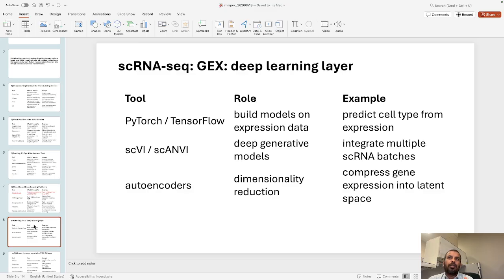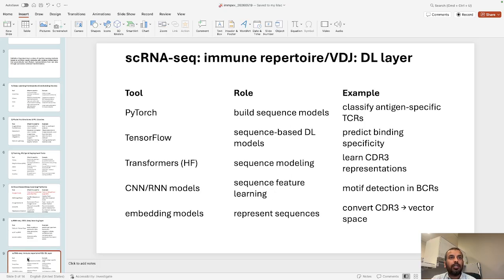For example, you have 1 million cells and you are getting the expression of 5,000 genes or 2,500 genes. How many dimensionalities are there? So you need autoencoders to compress the dimensionality, right? And VDJ, nowadays the sequencing technology is getting cheaper day by day, and they are getting efficient. So in the VDJ layer, we can implement deep learning layers: PyTorch, TensorFlow, transformers, CNN, RNN models,